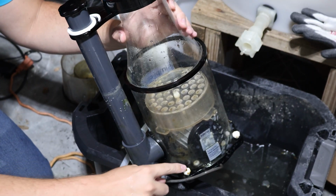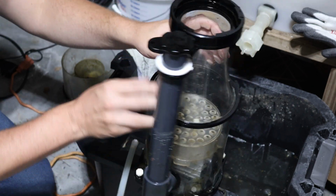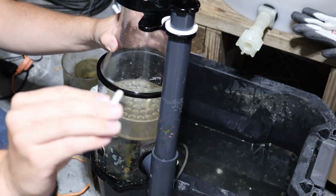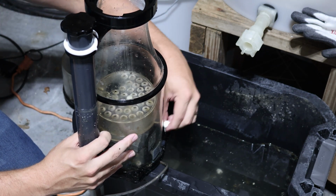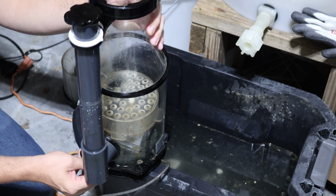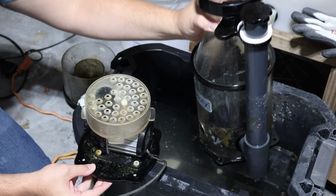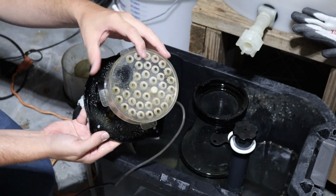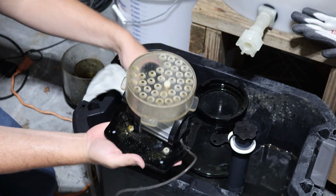Alright, so we can actually take off the bottom here by just loosening these screws on the plate. It'll be like a brand new skimmer again, hopefully. That is the plan. So this should come right off, straight up, go straight up. There we go, that goes straight off like that, and it's good to go. And that leaves us with the bubble plate and the base plate of the Simplicity skimmer. So then we can take this and just...